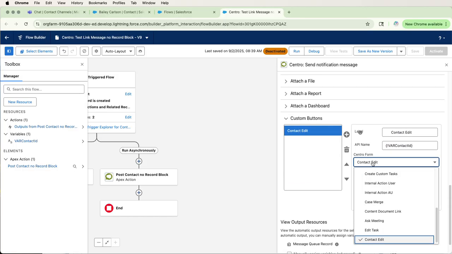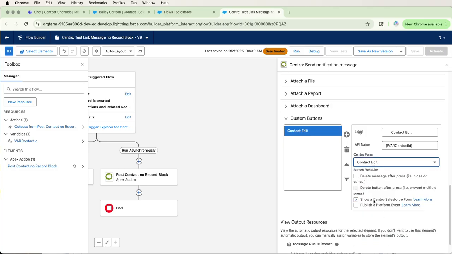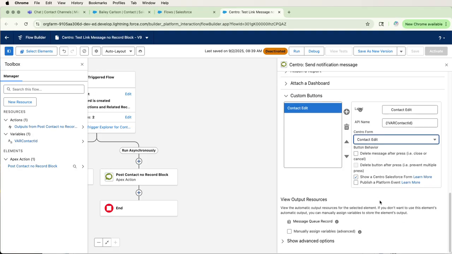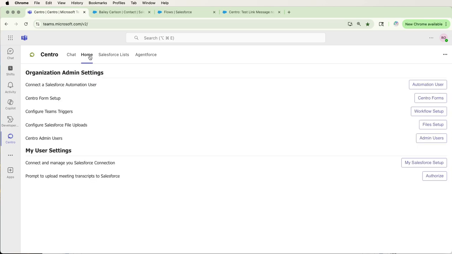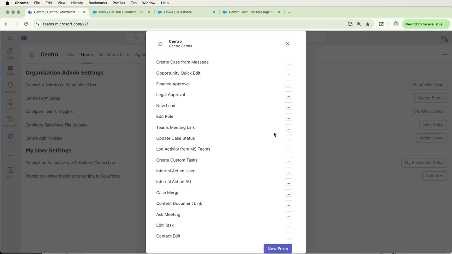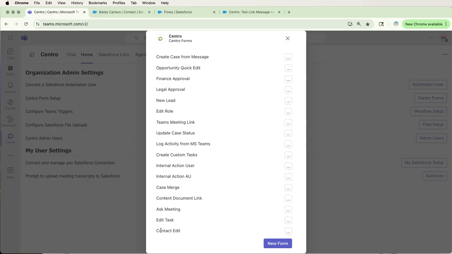In the central form, I select the central form that's appropriate after clicking Show Central Form here. That is how you configure the Salesforce flow. In Microsoft Teams, I've simply built a central form that is tied to that flow element. Here in my contact edit form,